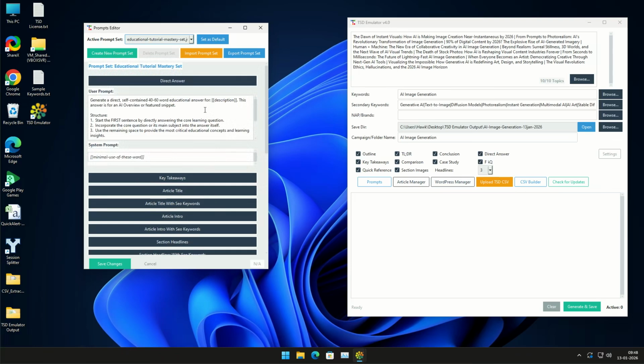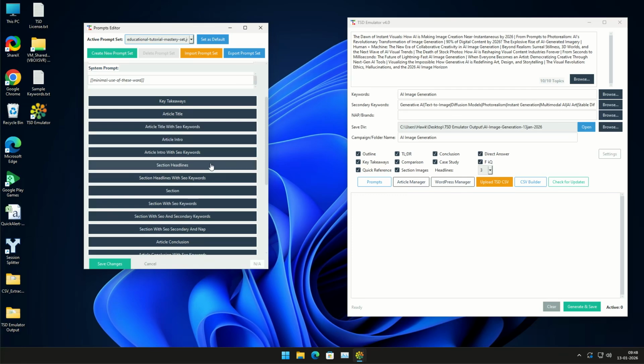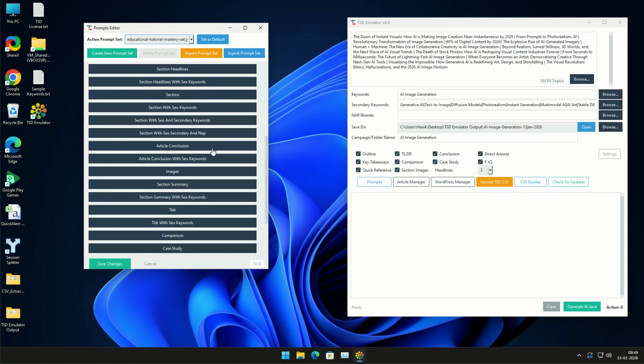You'll see prompts for Direct Answer, Key Takeaways, Article Title with SEO keywords, Article Intro with SEO keywords, Section Headlines with SEO keywords, Section Content, section with SEO keywords, section with SEO and secondary keywords, section with SEO, secondary and NAP keywords,